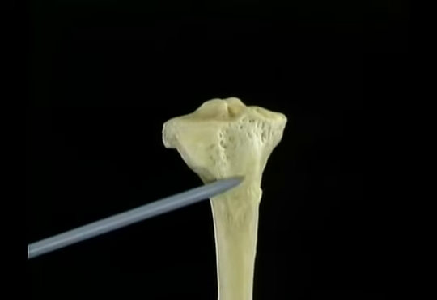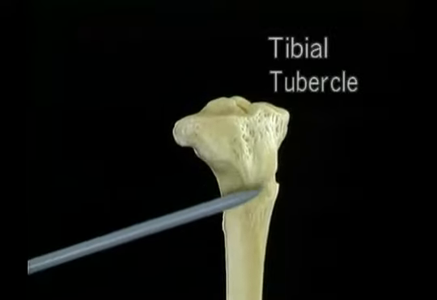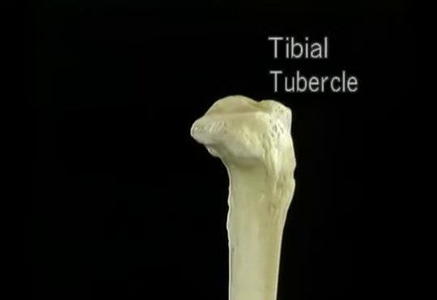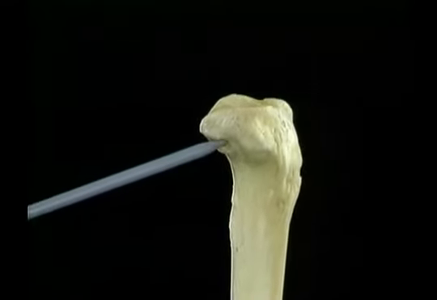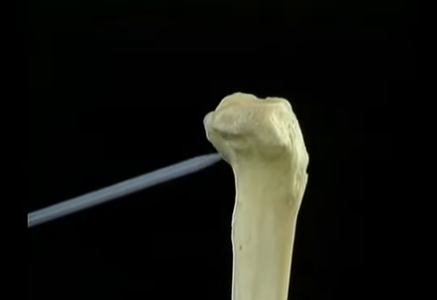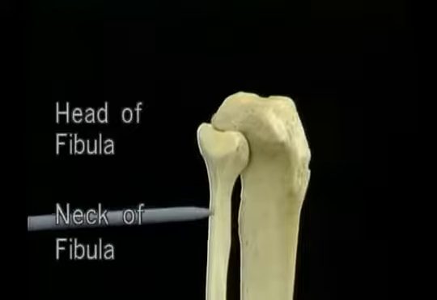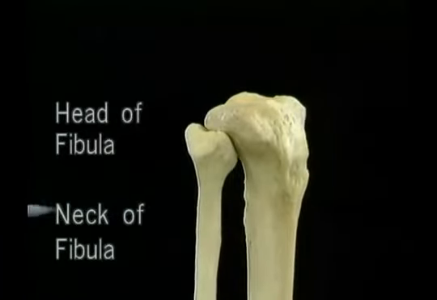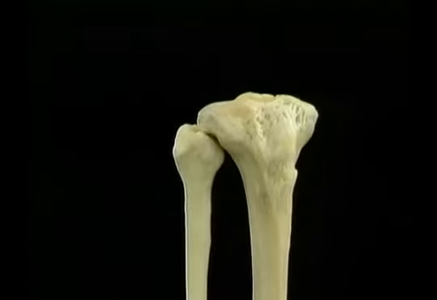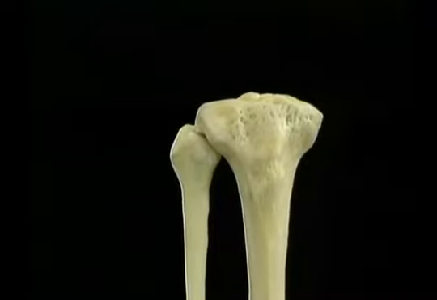This prominent lump on the front, the tibial tubercle, is the final insertion of the quadriceps tendon. The small facet under here is for the fibula, which we'll add. This is the head of the fibula, this is the neck. The head of the fibula is the point of attachment of a major ligament of the knee joint, as we'll